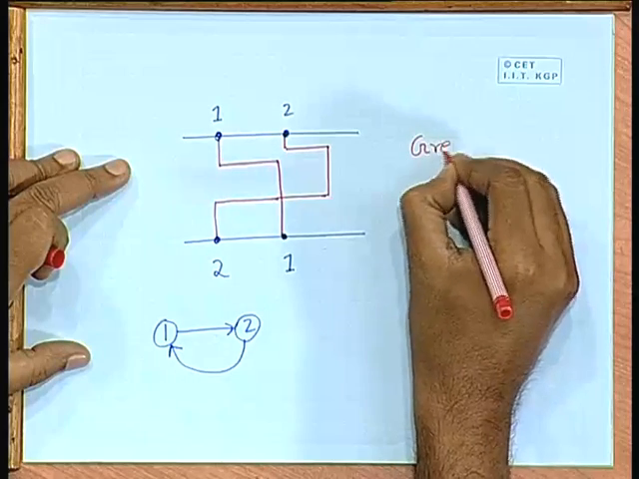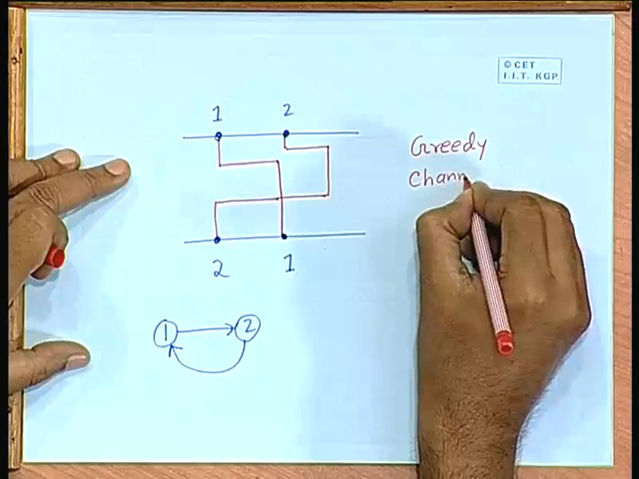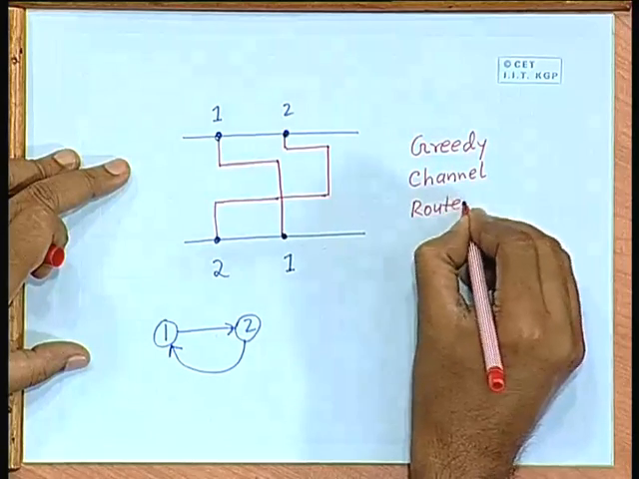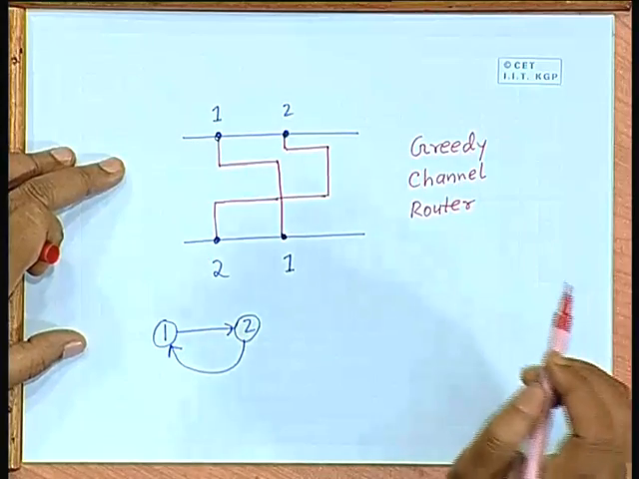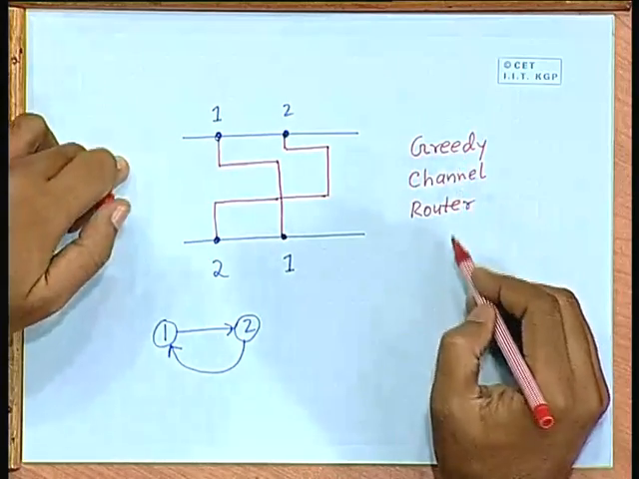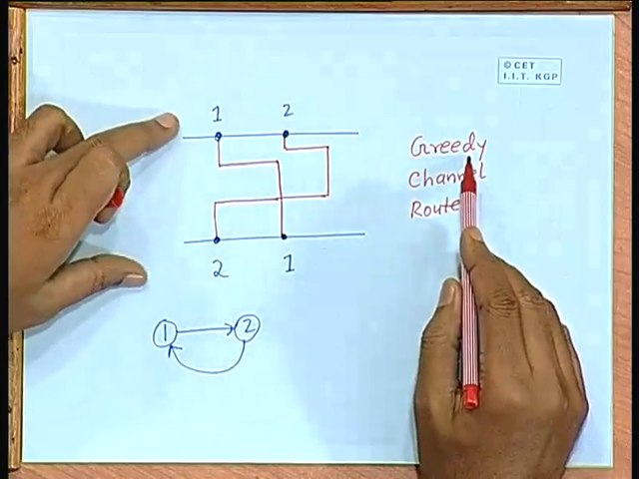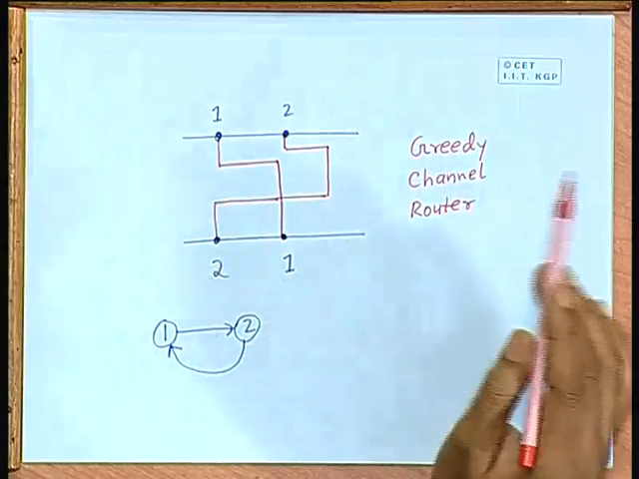Now, the greedy channel router which we would be discussing now proceeds in a manner similar to this. Well, this router is greedy in the sense that it takes only local decisions; it does not look at the problem globally,